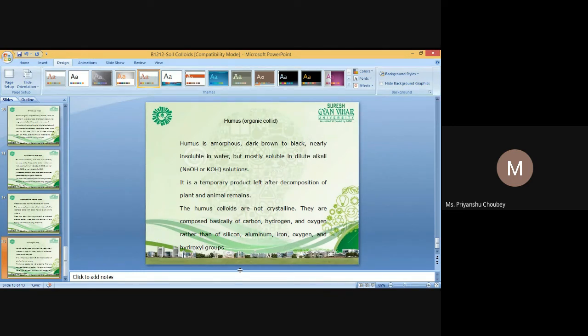Salic horizon, or salt enriched horizon, 15 centimeter thick, electrical conductivity of saturated extract greater than 30 dS/m, and the product of conductivity of saturated extract and thickness in centimeters greater than 900. Sodic horizon. Spodic horizon: illuvial horizon of free iron oxides and aluminum oxides, organic matter, greater than 85% spodic materials, and greater than 2.5 centimeter thick.